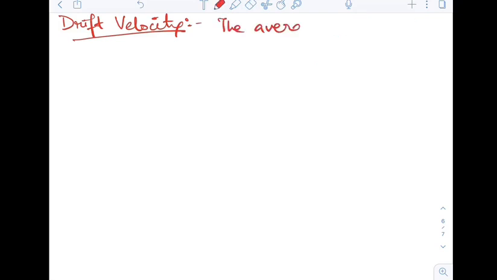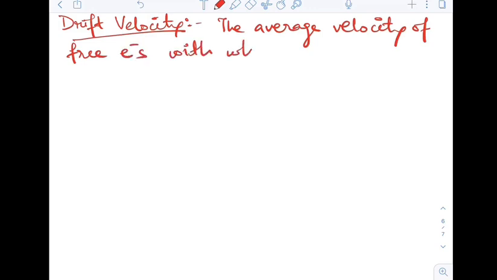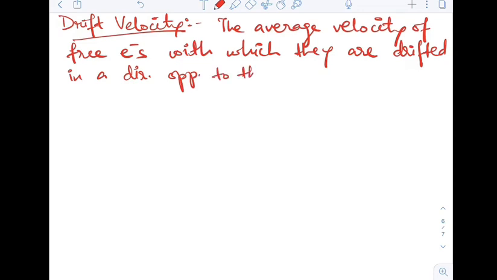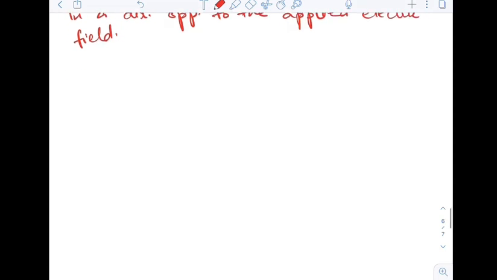It can be defined as the average velocity of free electrons with which they are drifted in a direction opposite to the applied electric field. So now if again I take this diagram, I have a conductor here, electric field is applied